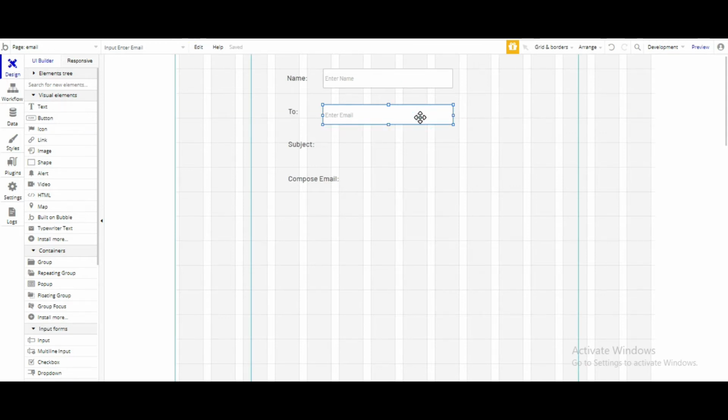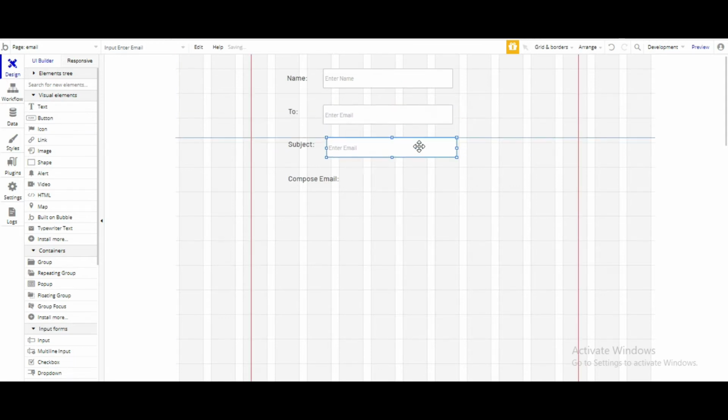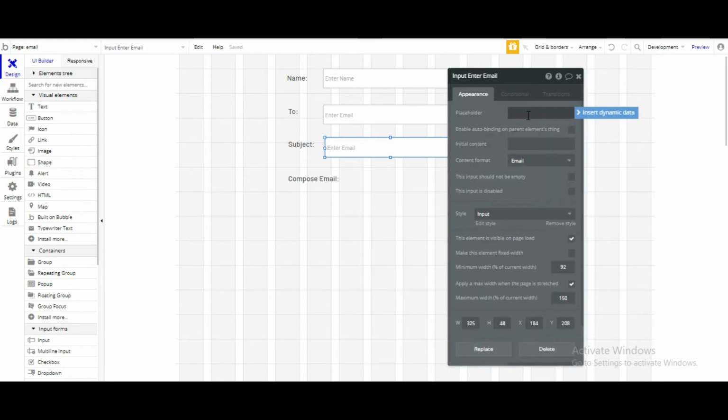Let's copy paste again, and this will be our subject's input. In the placeholder you can write enter subject. Either you can write enter subject or you can even write initial content. By writing initial content, this will be your default subject.